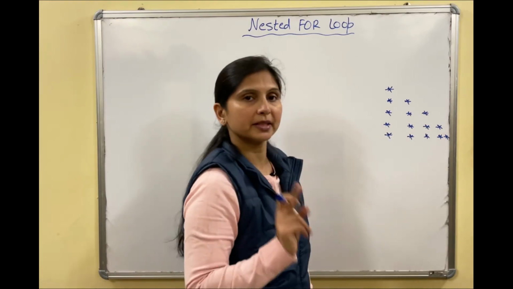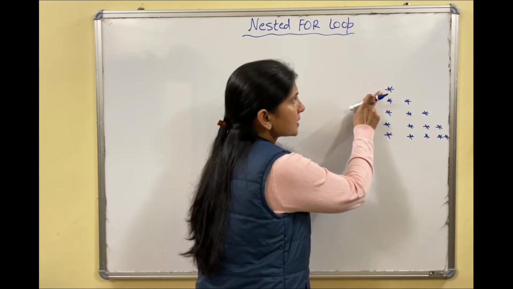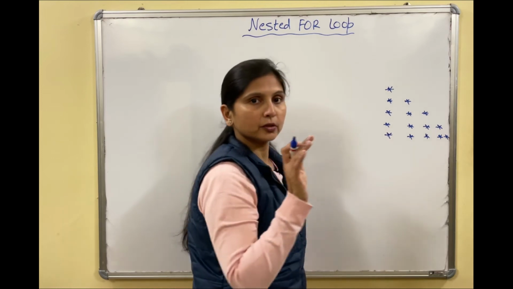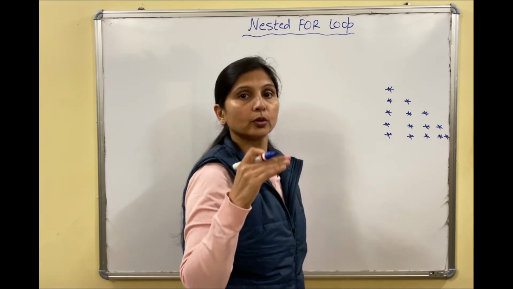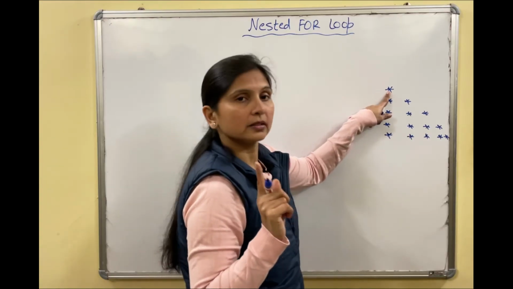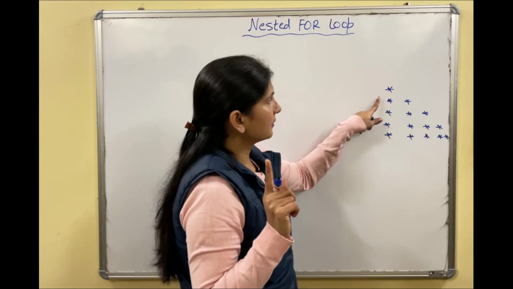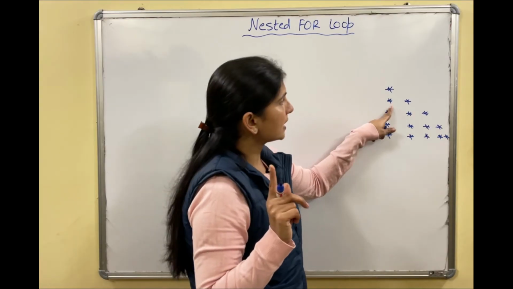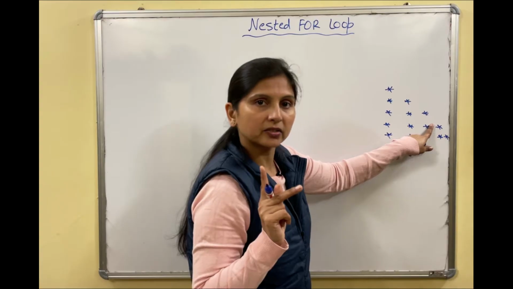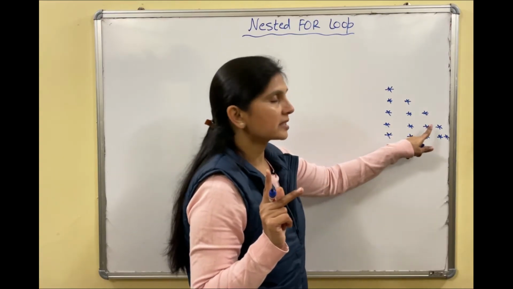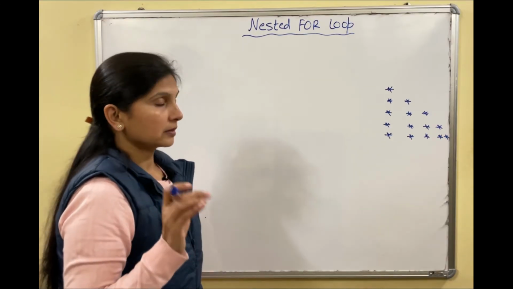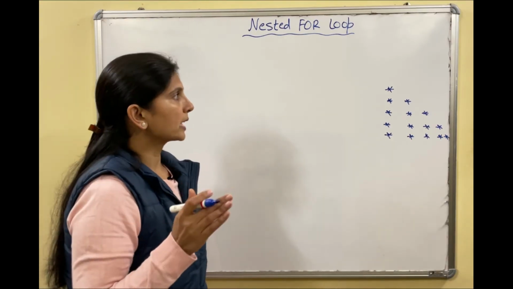So what does it mean? It means if i is 1, j is also 1. If you remember, i indicates the number of rows. First row means i is 1, right? j is only 1 column. When i is 2, second row, j is 2 columns. Fine. i is 3, j is also 3 columns. When i is 4, j is also 4. So how shall I do it? See, obviously that will be a program only.